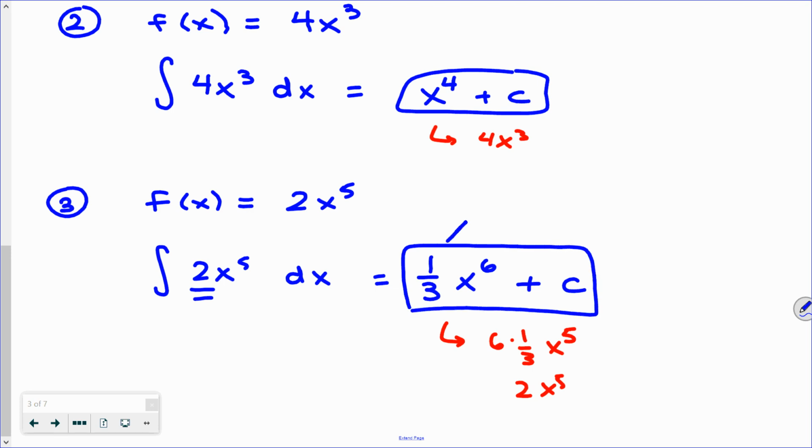Now, I don't want to do this whole process of guess and check every time I need to come up with that 1/3. I don't want to try to mental math my way through it. So we can write down some helpful formula that'll help us do this power rule in reverse every time. And it turns out that the way to get this antiderivative without just guess and check is to, and I'll write it over here again, the antiderivative of 2x to the 5th dx, it's just to keep the 2, so the coefficient that was there, keep that 2,